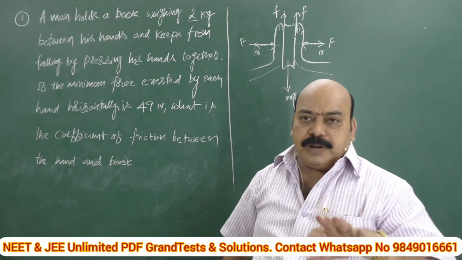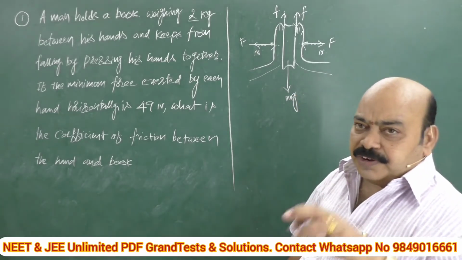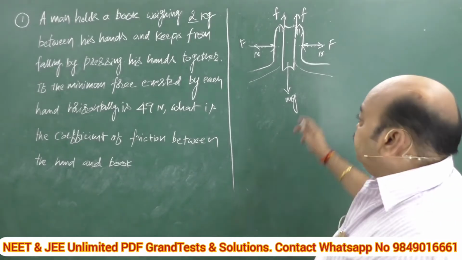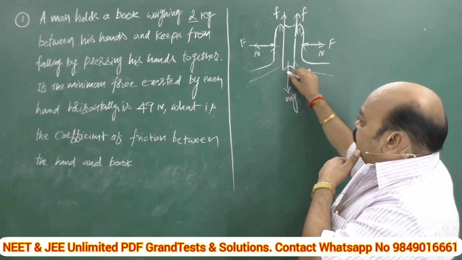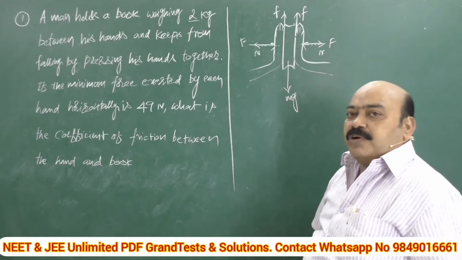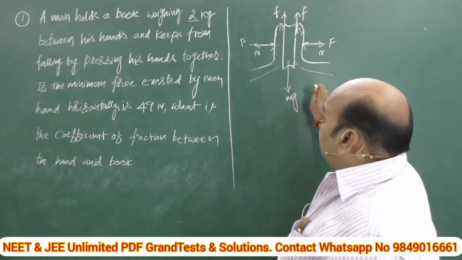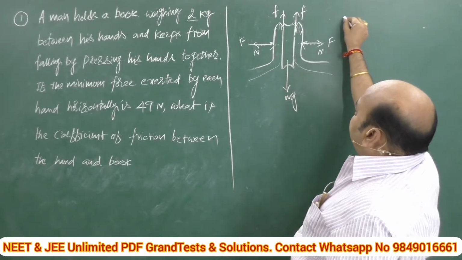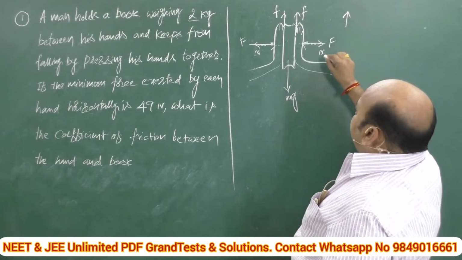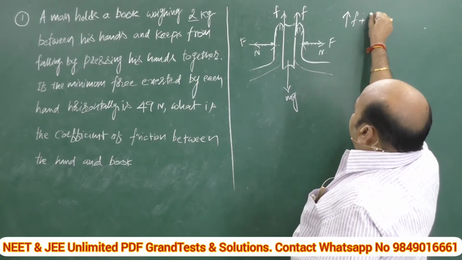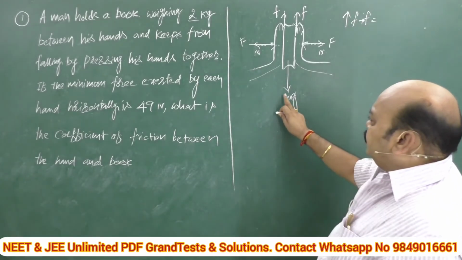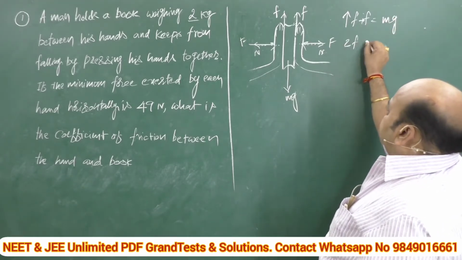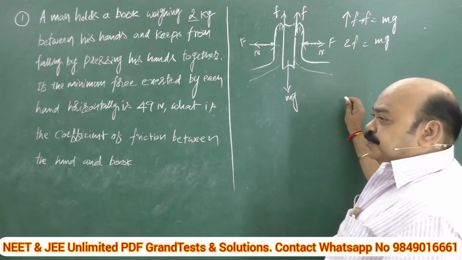Here we have to deal with the problem using 2 concepts. Number 1, the friction knowledge, and number 2, what is called the upward and downward balancing condition. Now see, what is the condition for balancing? Downward forces must be balanced by upward forces. In fact, there are 2 forces here, F plus F, these are the upward forces. So I am writing it like this: F plus F. What is the downward force? That is only 1, nothing but mg. This implies 2F is equal to mg.